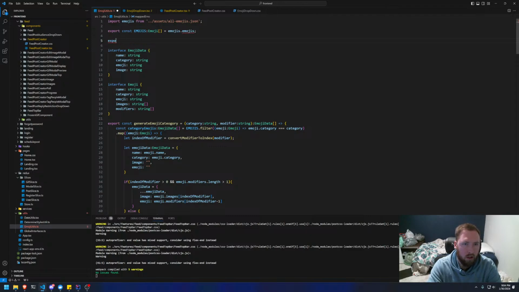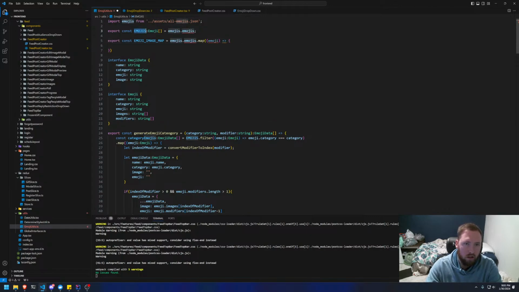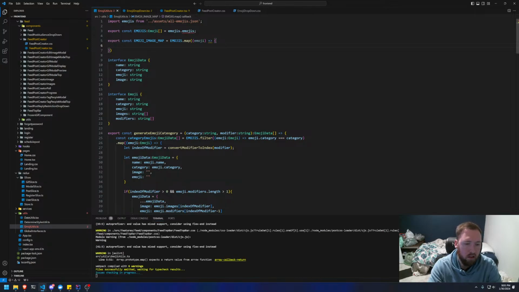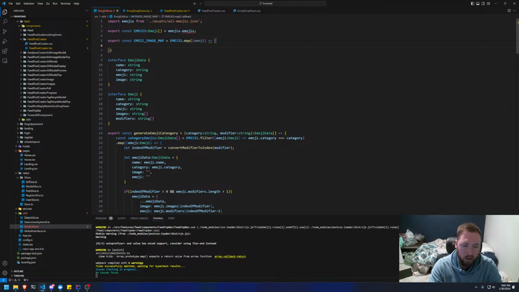Actually, first we need to make sure we export const, how do I want to say this, emoji_image_map, maybe, equal to emojis.filter, or not filter, we want to map. Basically let's map each emoji. So it equals emojis.map each emoji. We're going to loop through each emoji, and then what we want to do is